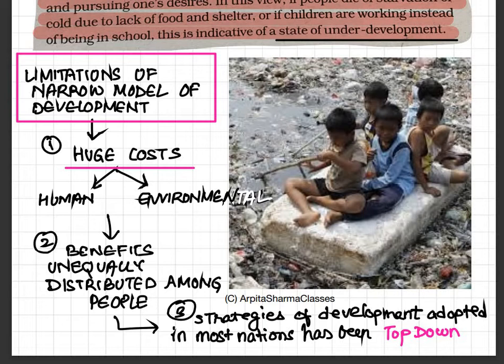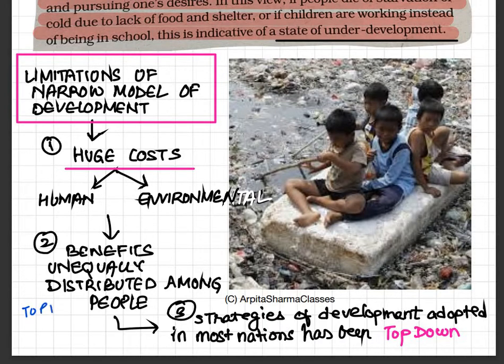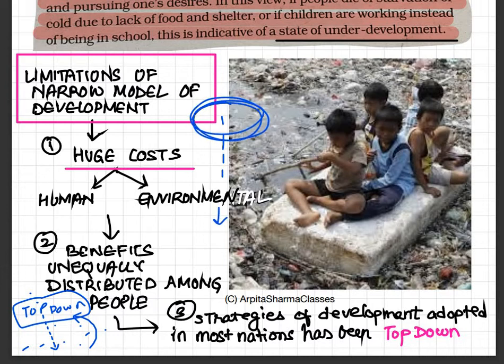Now, what do you mean by top down approach? In many nations, for development, the nations are using the top down approach. What is top down? That the policies are framed by the top level administrators and executives, and then the decision is conveyed to the local people. So the local people or the citizens are not involved in the decision making process. This is the top down approach, when all the decisions are taken at the higher level and they are conveyed